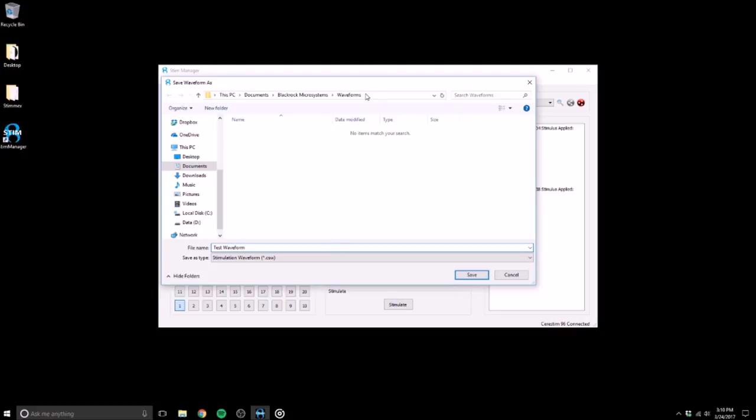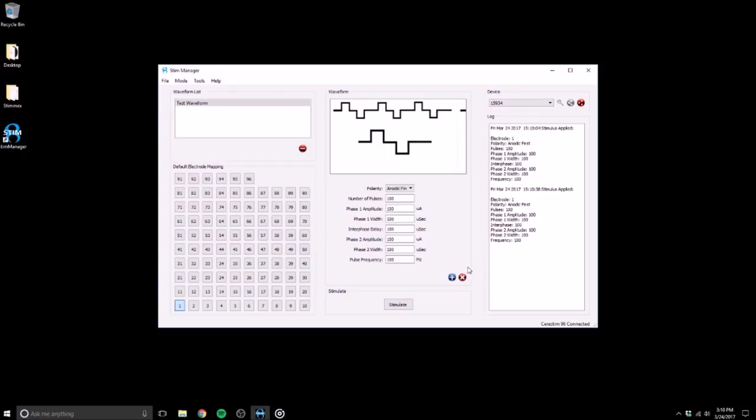These stimulation pulses are simple XML files that can be found here and therefore easily shared between computers or other Stim users. Keep in mind that the electrode number is not saved with the pulse. That aspect is chosen when you apply the pulse. With our waveform saved, we are able to look at other modes of the Stim, which